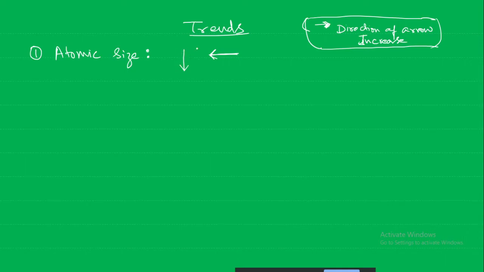Now for example, you can see in your periodic table sodium and argon, which will be the larger size? Argon. But I have written something else here. From here to here we said that size is increasing, and from here to here size is decreasing. Think about it. So argon will be smaller.